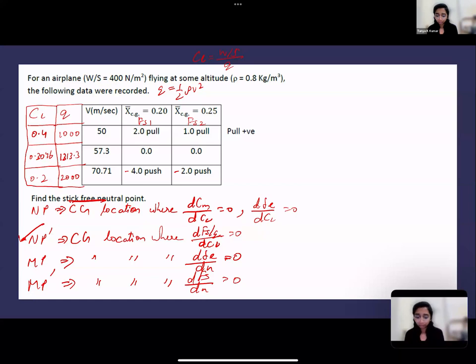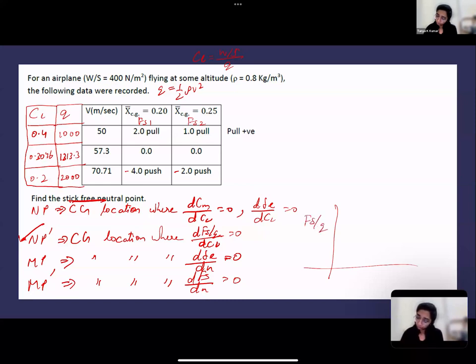Try to think about it. Till now, I think it's going pretty well. We found out Q, we found out CL. Now what do we have to do? You said you have to find out dFs by Q by dCl. Okay, so you need to find out the slope. For the slope, we need 2 points. 2 points of what? So your graph should be